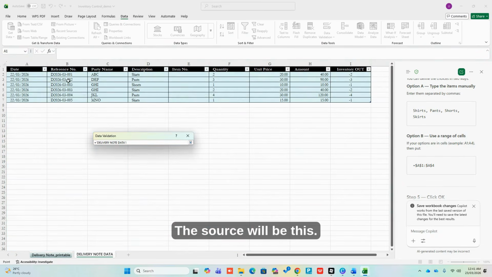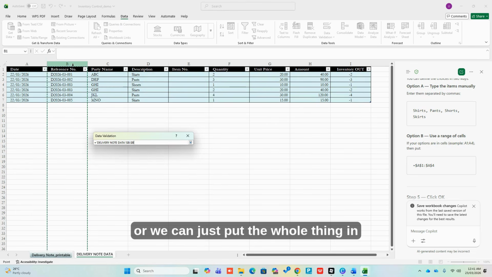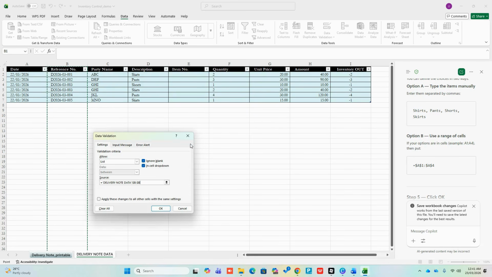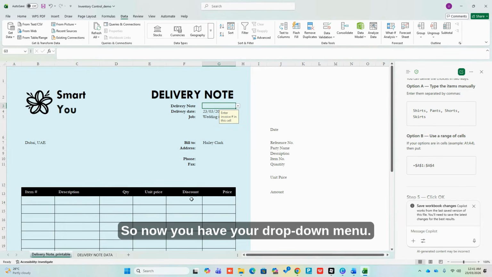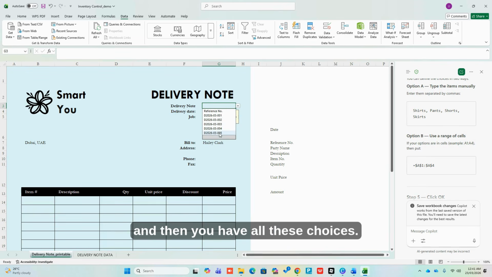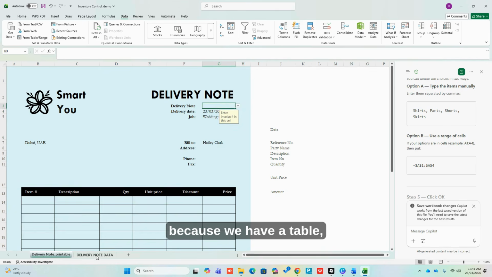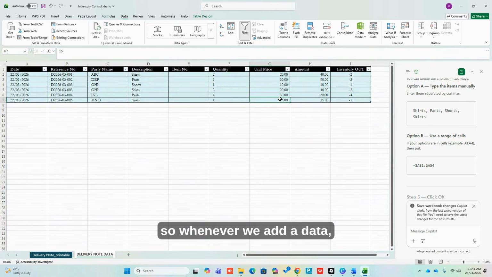The source will be this. Okay, or you can just select the whole thing. Okay. And then here click OK. So now you have your drop down menu. If you go to this cell opposite this delivery note, okay, you see this arrow down, and then you have all these choices. Okay, so the good thing about this, because we have a table, so whenever we add